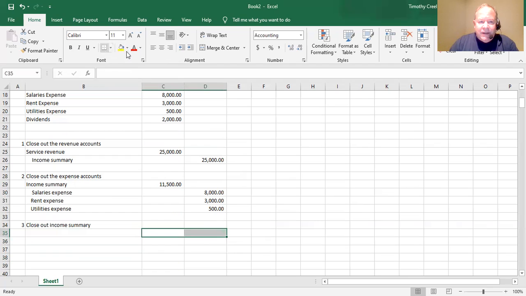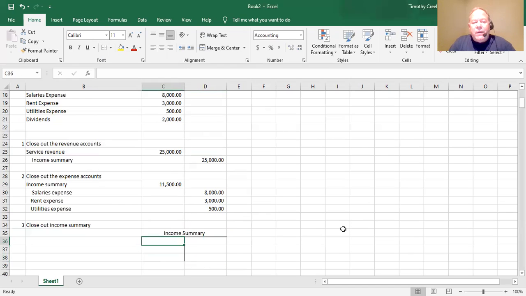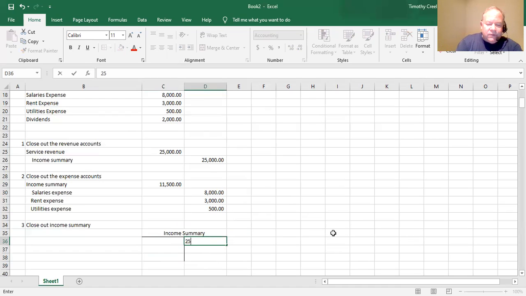So I'm just going to create a T account here for income summary. Now, notice what we put to income summary. We credited it for $25,000 whenever we closed out the revenue accounts. And we debited it for $11,500 whenever we closed out the